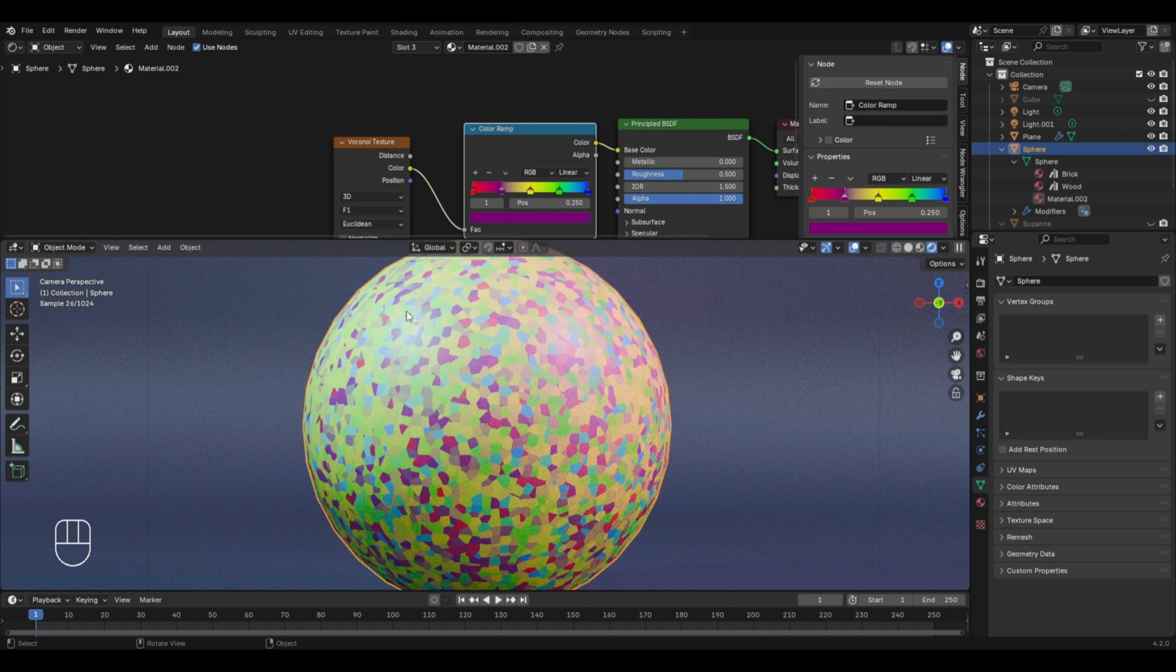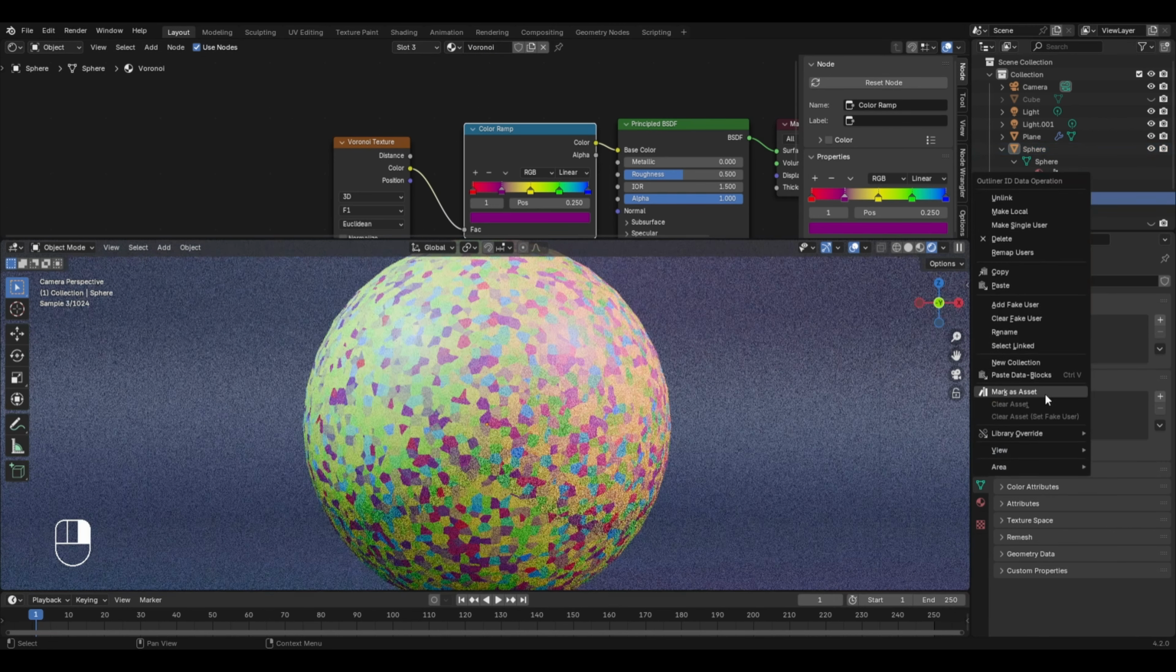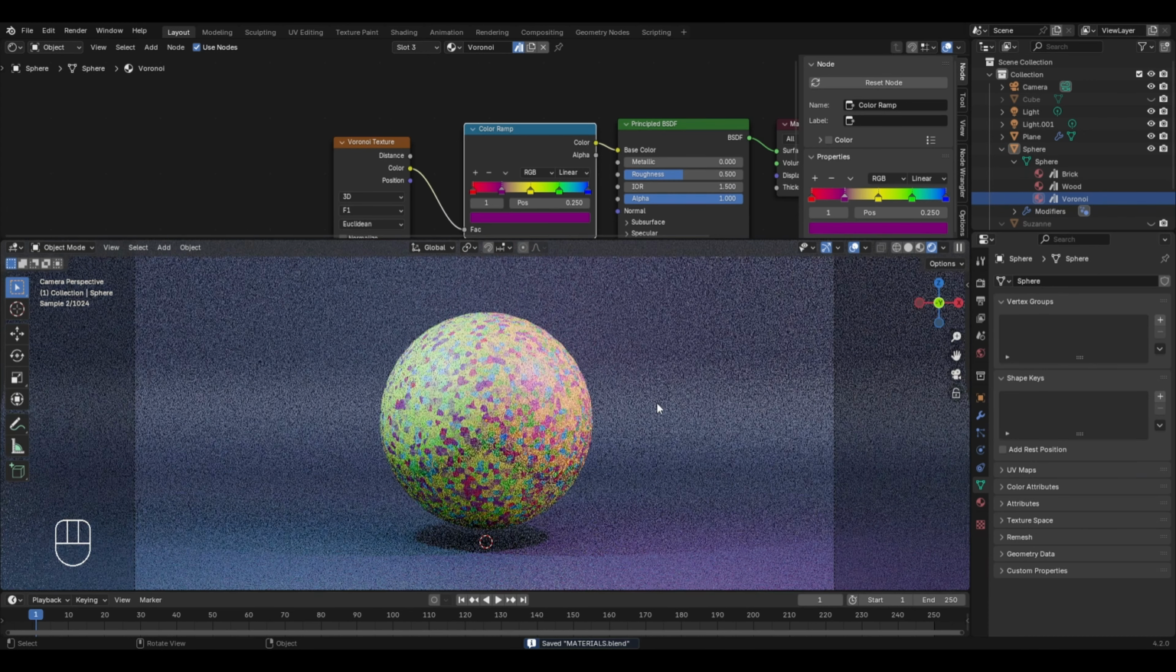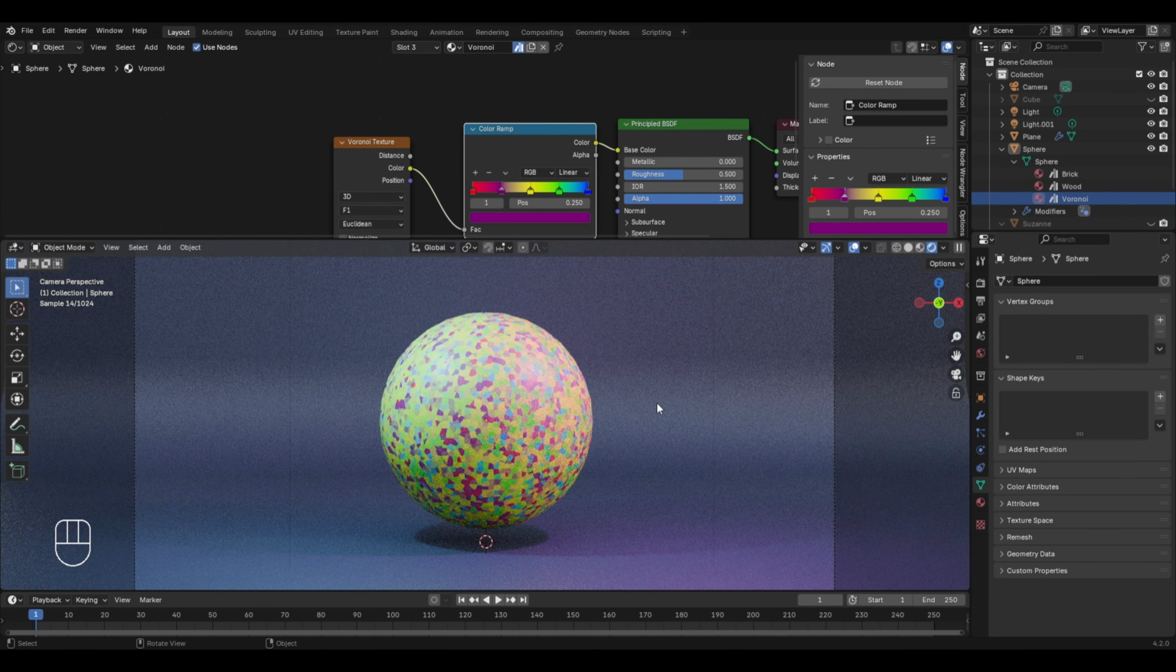Now let's also save this material of the Voronoi texture that we just created in the material asset library, about which we learned in the first chapter of this course. So for this, let's first rename this material by left clicking here, and I'll change its name to Voronoi. After this, go to the scene collection, and in the sphere, select this material, then right click and select mark as asset. And with this, we have now learned about the IES texture and the Voronoi texture in this